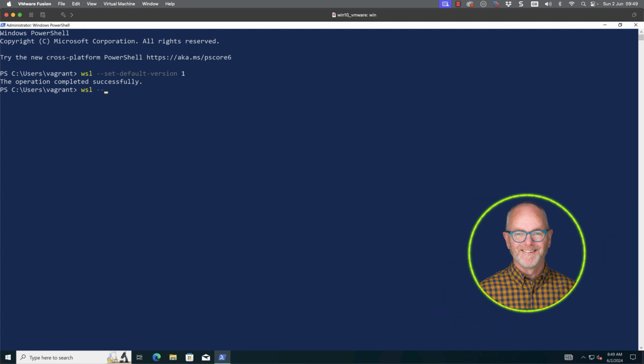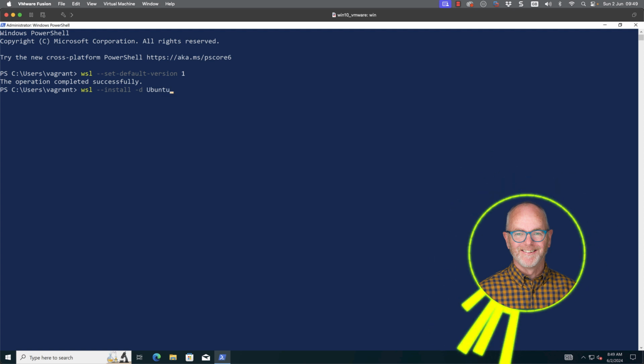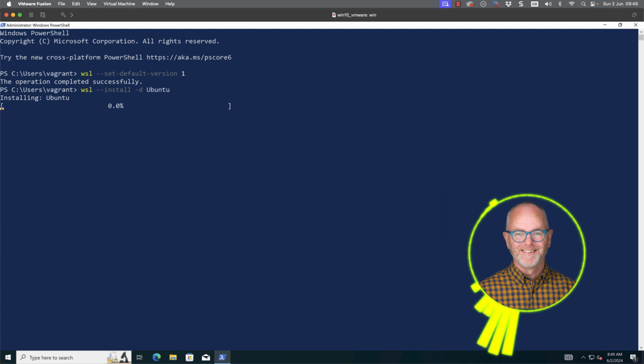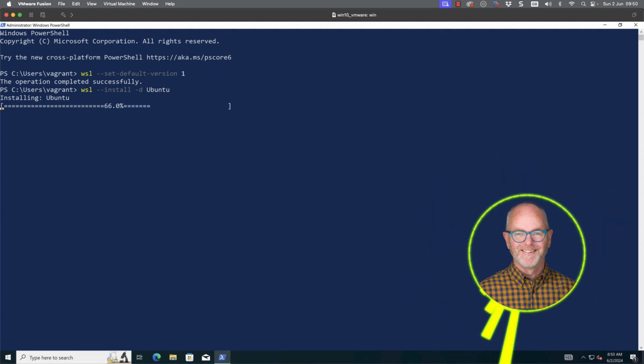With that set, I can go through and run wsl --install -d, and I'm going to install the latest version of Ubuntu. This is showing in real time, so it doesn't take long, but it just grabs it from the Microsoft Store and will prompt you for a username and password as the system starts up. And this is running in real time. There is nothing cut out of this video.